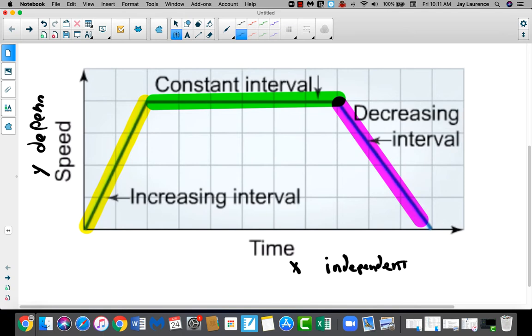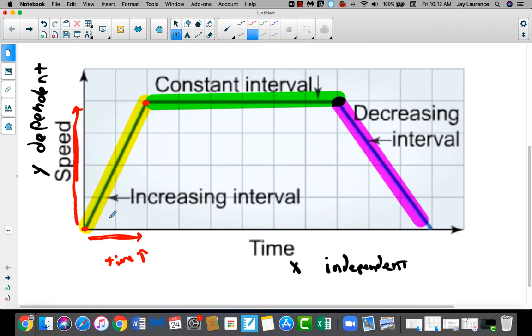Okay? And so let's see what's happening in this yellow interval. Well, we're moving from here to here. So as we move this way, the run, no pun intended because she's jogging, it literally is the run, like from slope, right? The run is increasing, yes? So the time is increasing. Well, the other variable is speed, how fast she's going. Well, that's also increasing because that would be the rise,